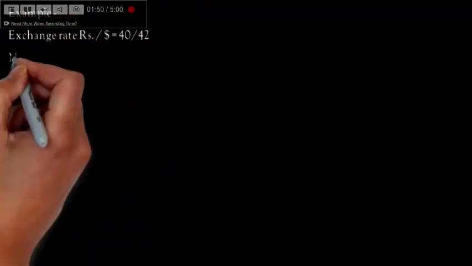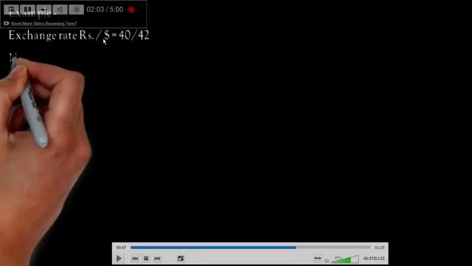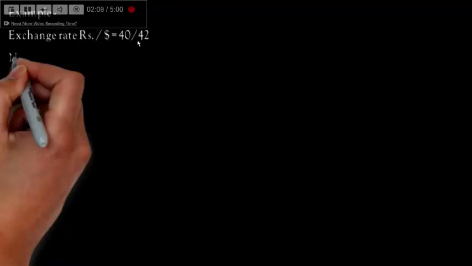Can netting also result in profit? Let's look at the example. Now we are discussing the same example, that is, $50 was the outflow. The exchange rate given to us is rupee per dollar equal to 40 by 42. I know the rate is for the dollar, that is, if I want to buy dollar the rate is 42 and if I want to sell dollar the rate is 40.